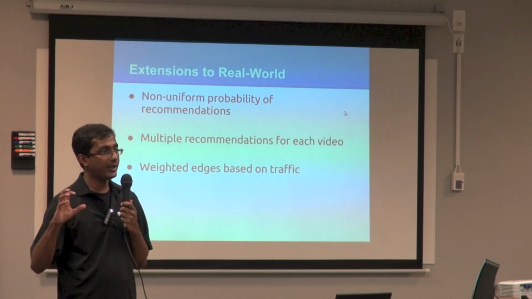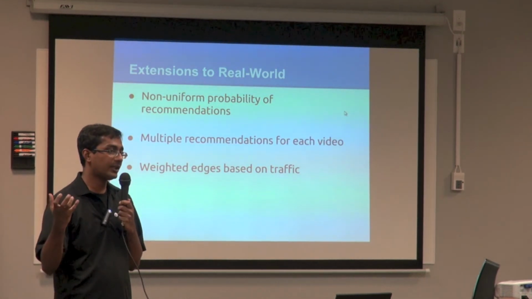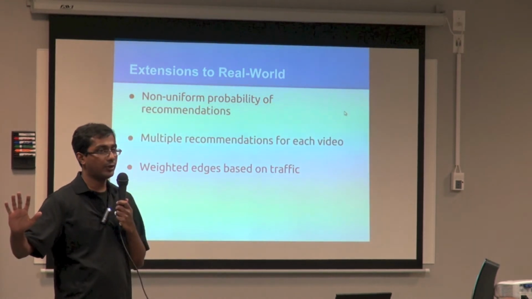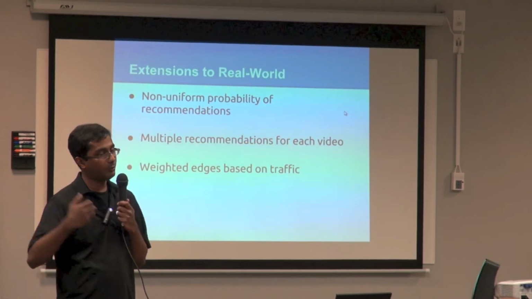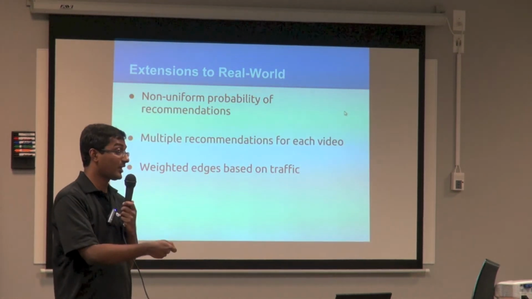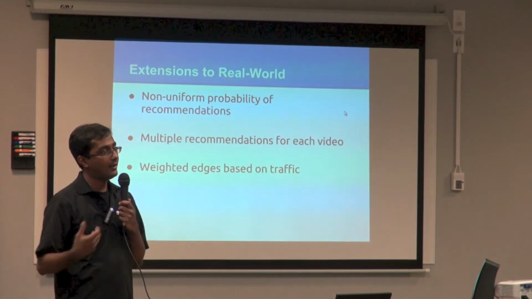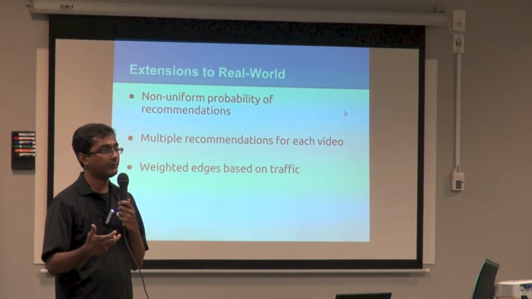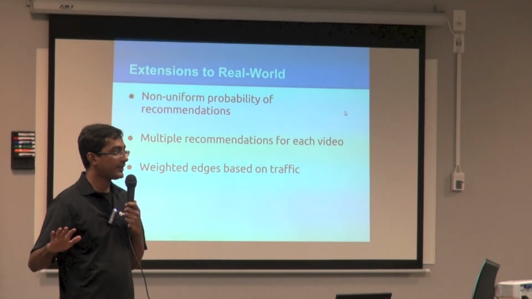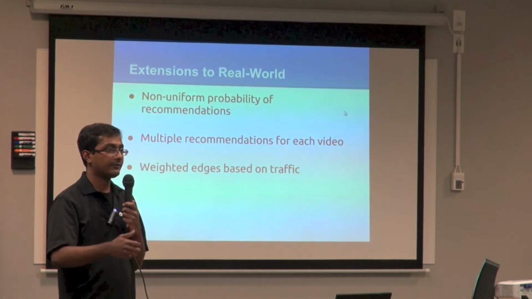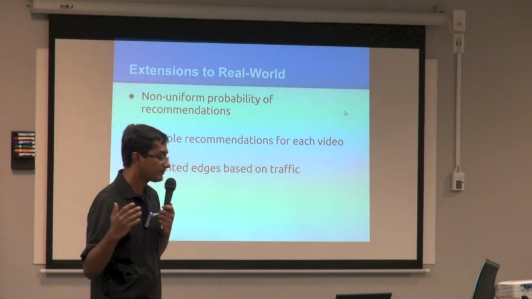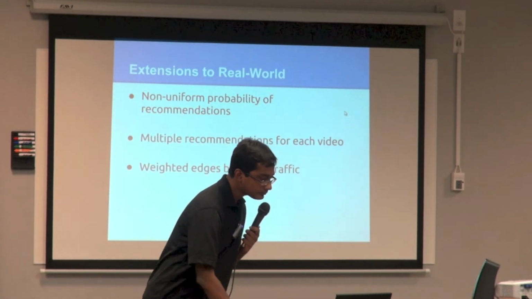So that's a pretty powerful notion where you can take this recommendation system and basically say, okay, here's what my complete graph is going to look like, based on whatever you want. I want certain videos to be promoted, certain videos that get too many views right now, I'm going to ding them. I have a certain bunch of videos, I don't know if they're good or bad, so I want to experiment with a bunch of views for them. You can put all of these in as constraints and come up with a nice graph that dictates pretty much everything that goes through the website. It's kind of powerful.